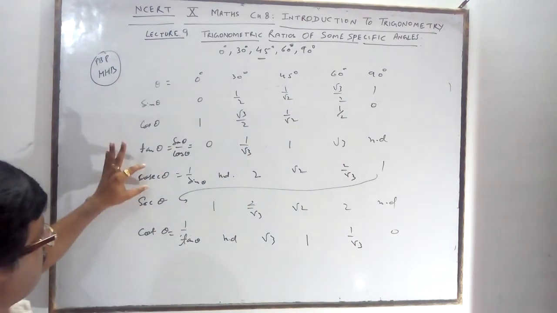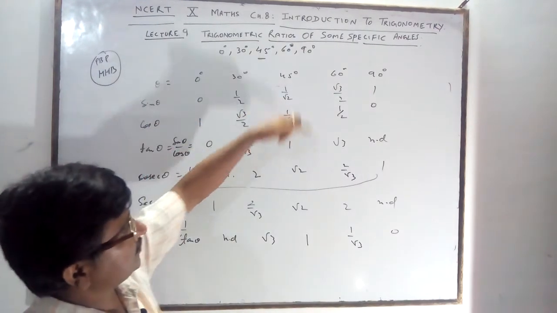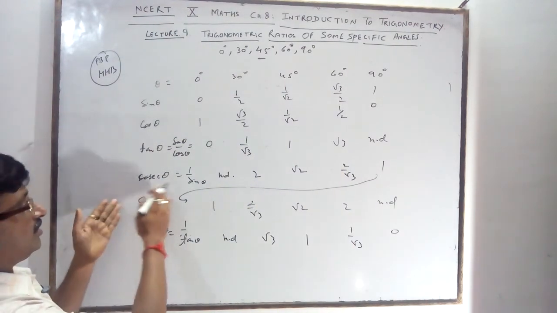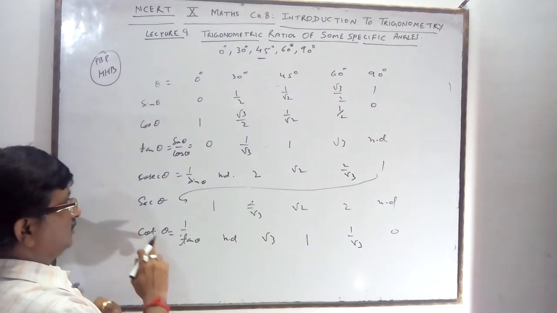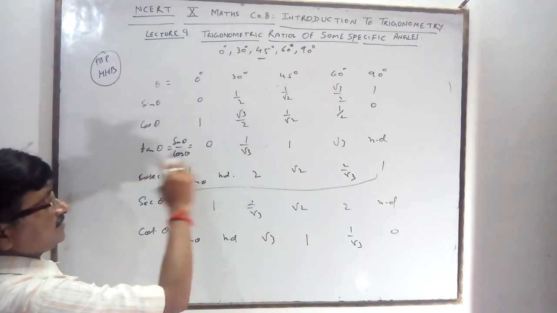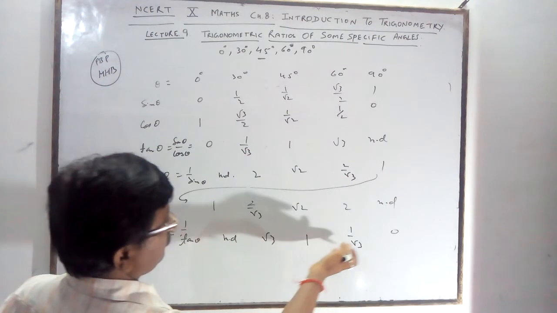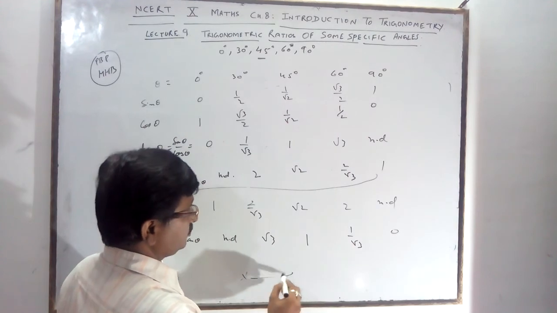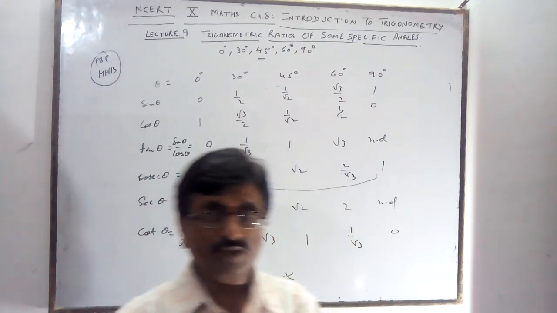Then cosec, how will you get it? Reciprocal of this: 1 upon 0, 1 upon 1 by 2 is 2, and so on, this is reciprocal, this is reciprocal, this is 1. And sec theta you will very easily get as the reverse order of cosec, or reciprocal of cos. What is easy according to you? Cot theta is the reciprocal of tan, so the reverse order of tan you write down: not defined, root 3, 1, 1 by root 3, 0. That is how you will get it. This is the table, you practice it and then you solve. In the next lecture I will tell you the problems based on it. Thanks.